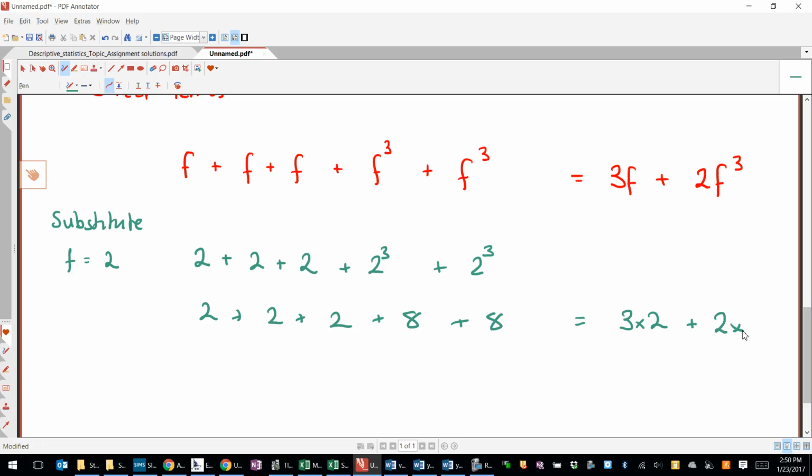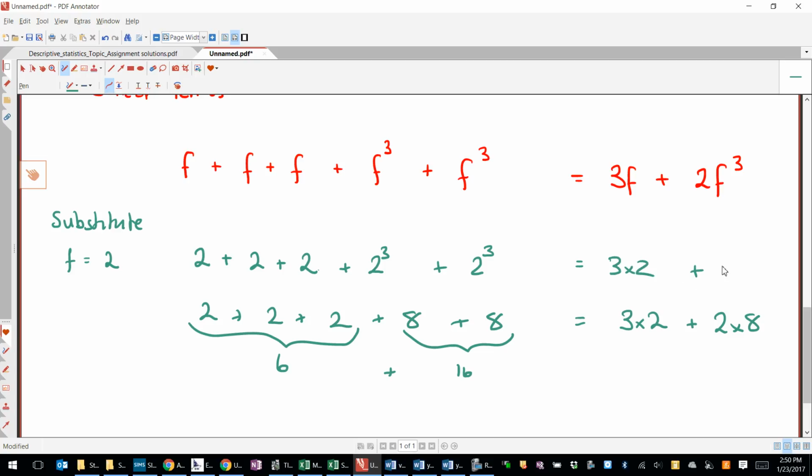Okay? If you wanted to simplify, that's what you would do, isn't it? If you were going to work that out, in your head you would do 6 plus 16, and then you would work it out, wouldn't you? Okay? Now you've got to do the same with algebra. So we've got 3 times 2 plus